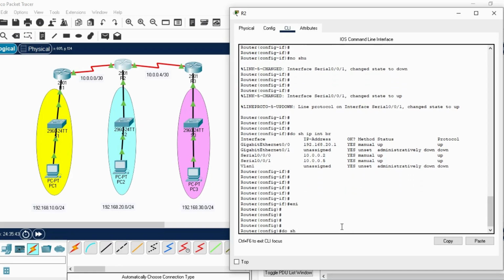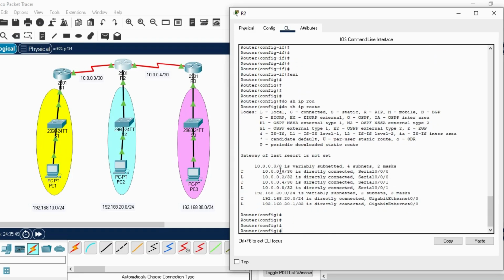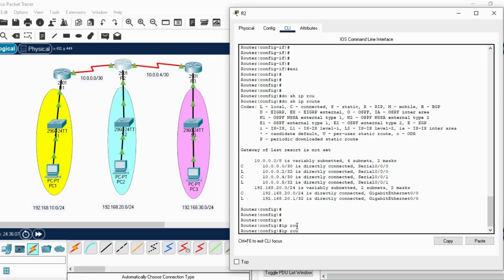By default, it will have the directly connected networks, 10.0.0.0 and 10.0.0.4. So we have to tell this router about 192.168.10.0/24 and 192.168.30.0/24. IP route